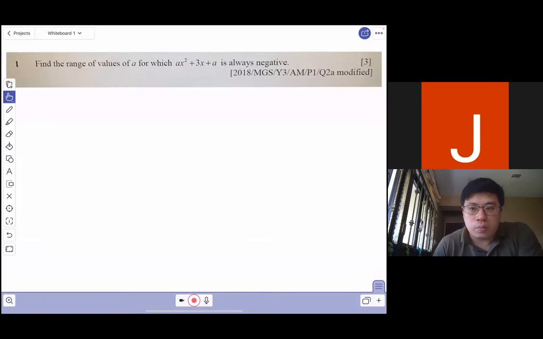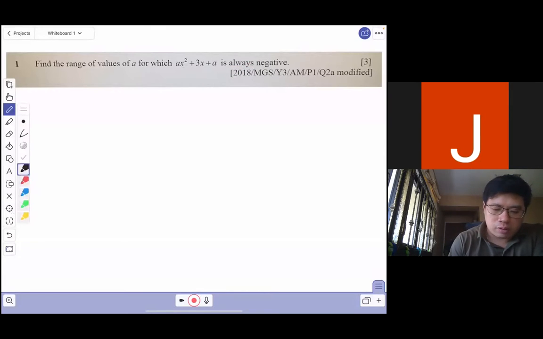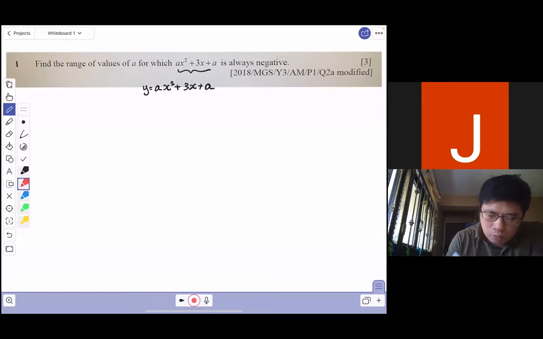For this question, we are supposed to find the range of values of a, for which ax squared plus 3x plus a is always negative. So when it's always negative, imagine that this is a y function, this is a function, and if we want this to be always negative, it means that we want the y value to